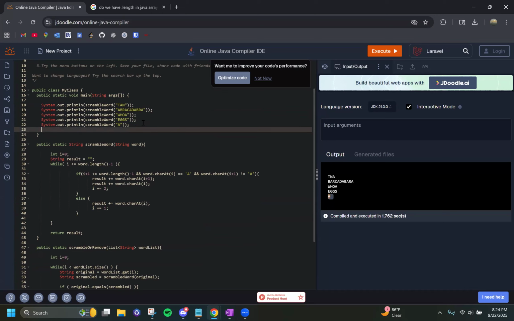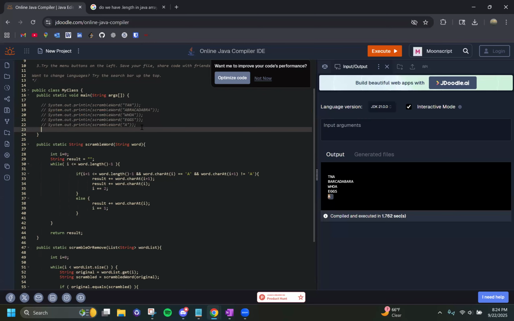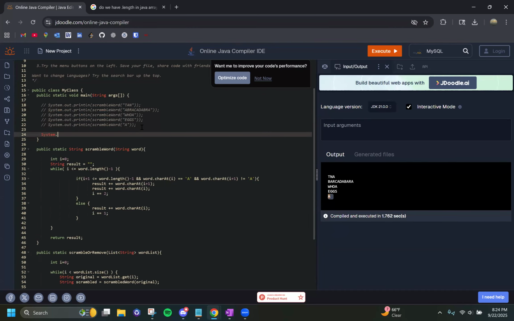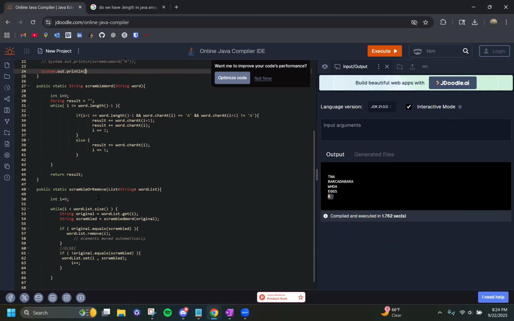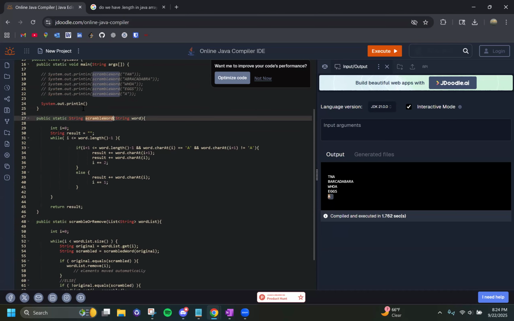I'll print something. Let me comment everything out. System dot out dot print line, and we're gonna use this function. And this function uses this function which we created over here. So you can see it's like a chain of functions that's being used. And we have to pass in some input, which is,